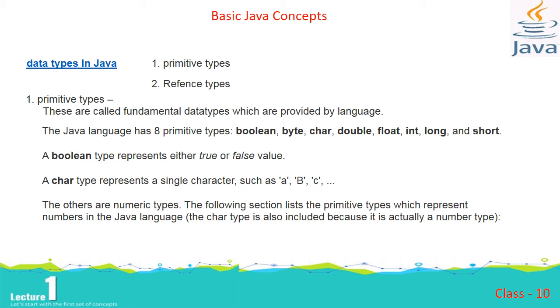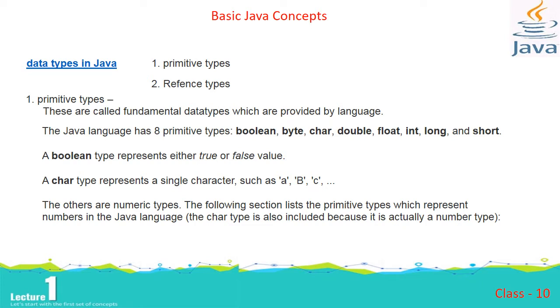Good morning, students. In the previous class, we have learned about the objects, classes, the basic Java concepts like abstraction, encapsulation, inheritance, polymorphism, and we talked about the anatomy of Java program. Right? Now, in this, we'll learn about the various data types mainly.